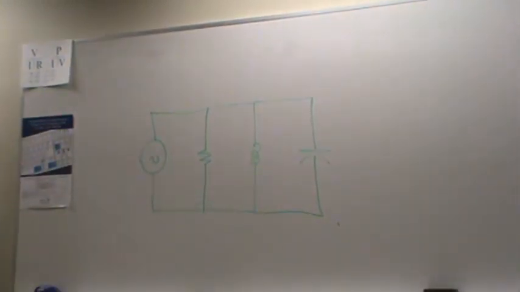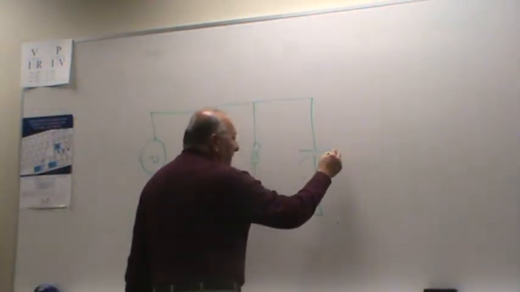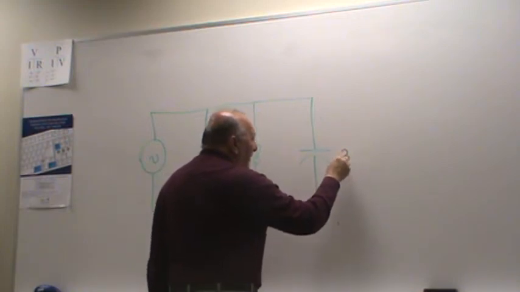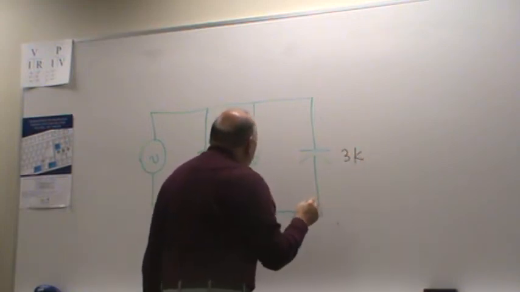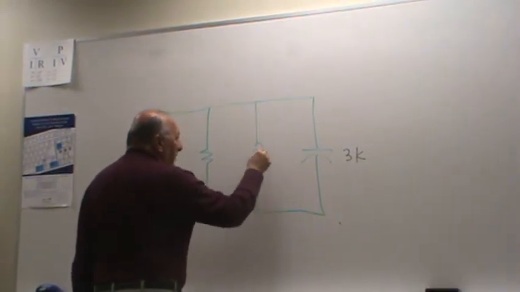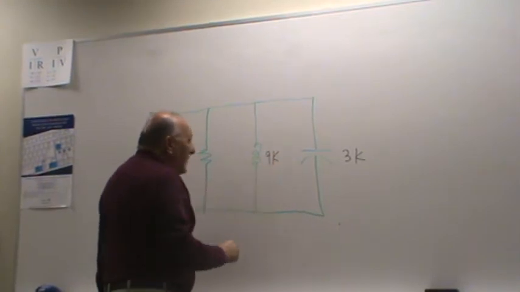Now, with these things, it doesn't make sense unless you put something in there. So I'm going to go ahead and put X of C as 3k, X of L, 9k, and R,